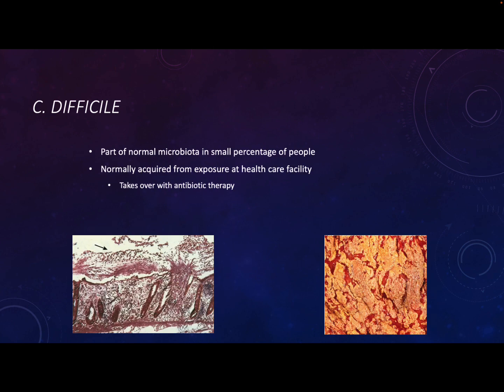This bacterium is part of the normal microbiome in some people, not a lot. As long as it's not able to take over, we can coexist. And that's how we coexist with a lot of organisms in our GI tract that are technically pathogens. Generally, though, when you have antibiotic therapy, it allows it to take over. And that's when you have the problem, when you've wiped out the competitors and you allow it to take over.